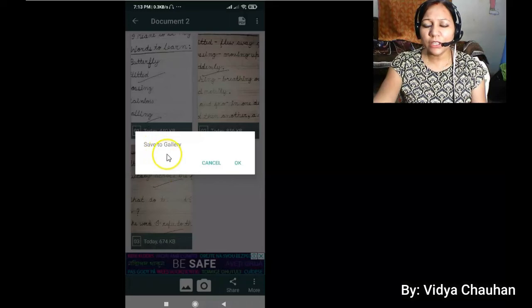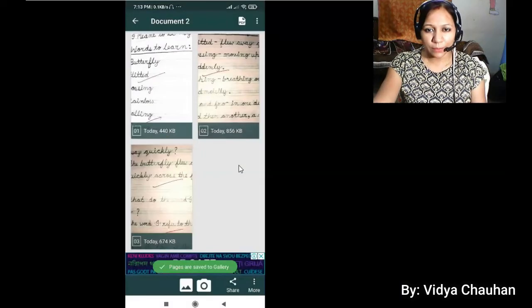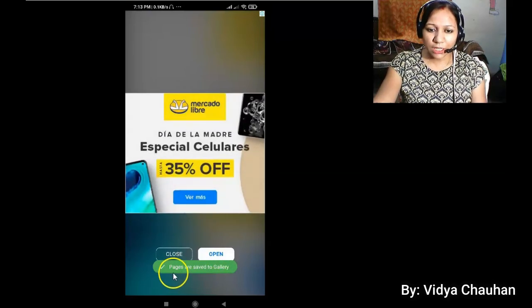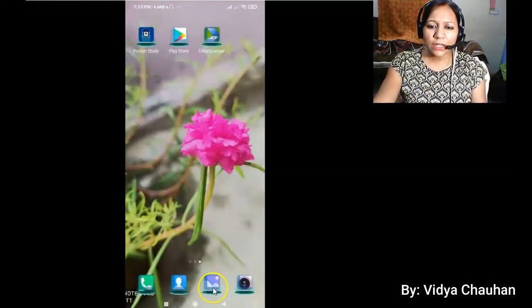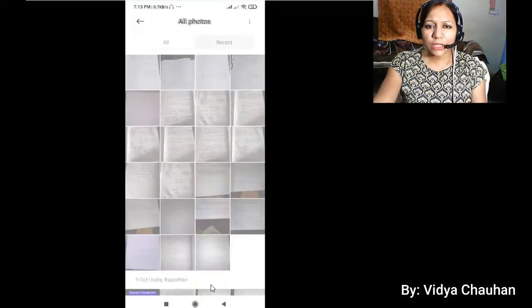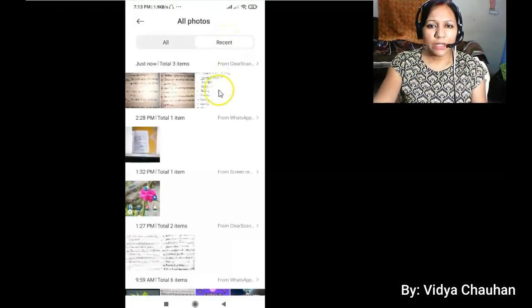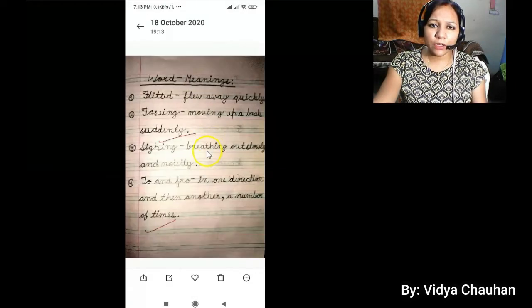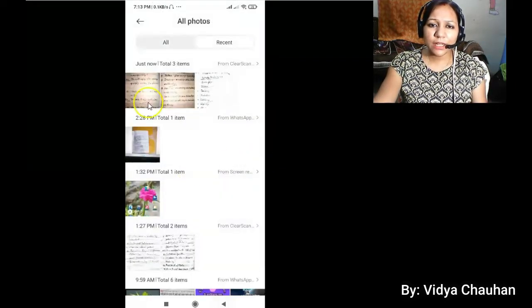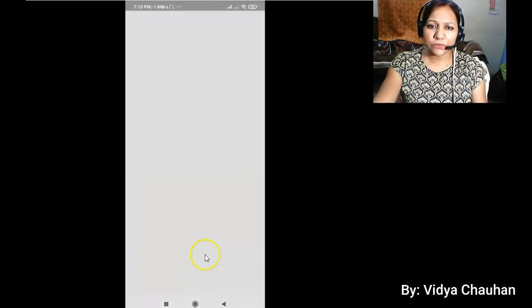It will ask whether you want to save it, so you select OK. After that, the message will be there that pages are saved to the gallery. Now you can cross check by going into your mobile gallery, selecting recent documents or images, and here you can see that as we have scanned 3 images, they are visible.